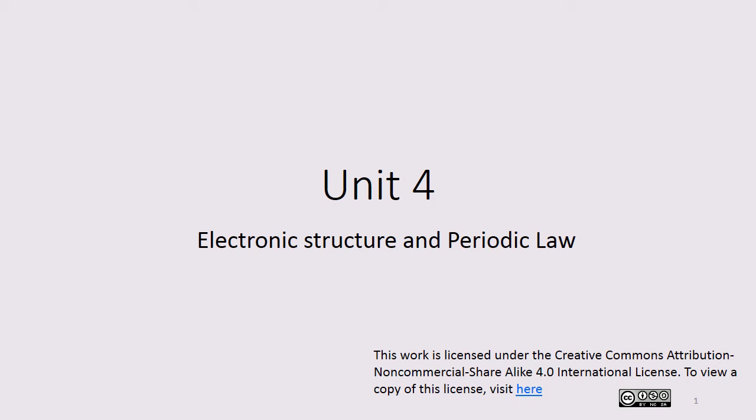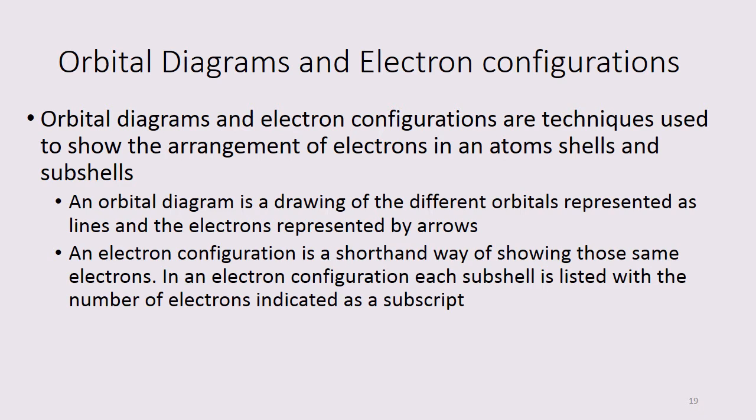This is the second section of Unit 4. All right, so now what we're going to do is learn how to draw orbital diagrams and electron configurations. What they are, okay,